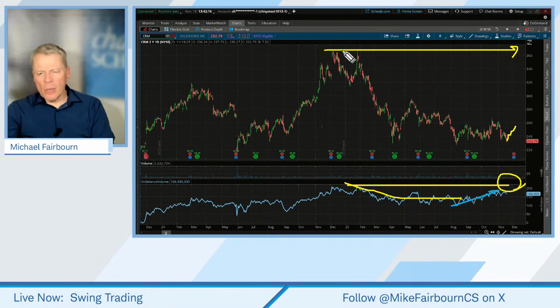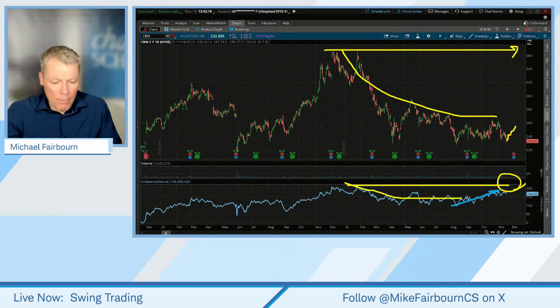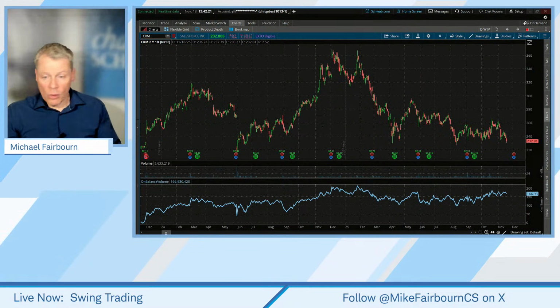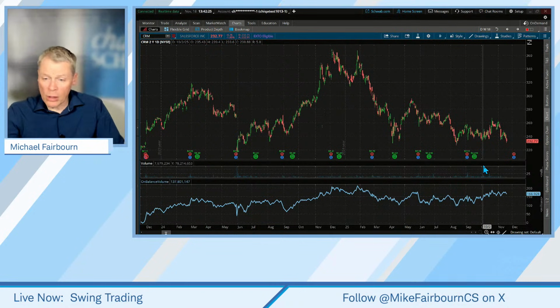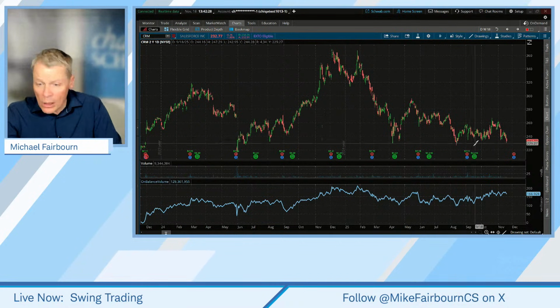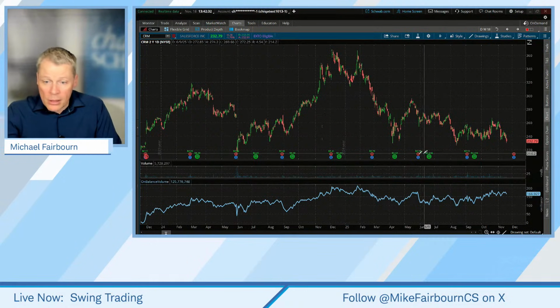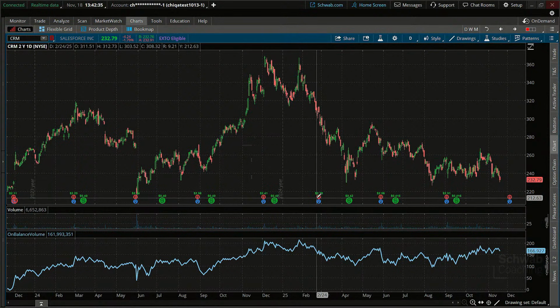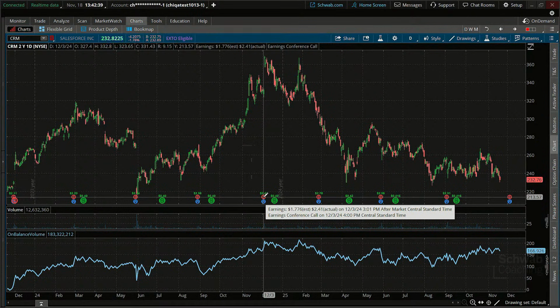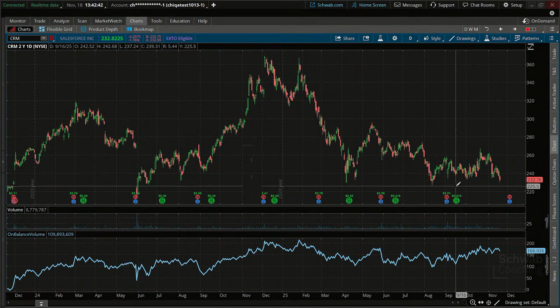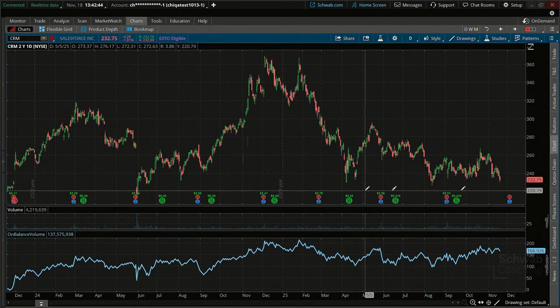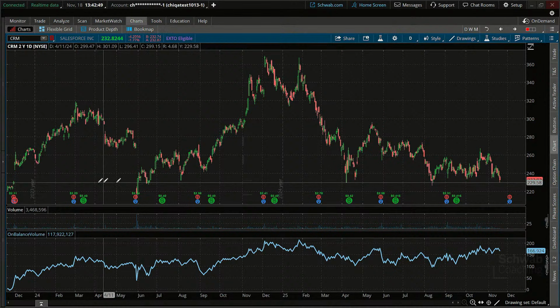In other words, there's been accumulation. People are buying because, according to the indicator, they think there's something brewing behind the scenes, but price has just been in a downward decline. These are tough to get out of, but it's been going flat. Look at this. Beat earnings. I went back and looked. Beat earnings, beat earnings, beat earnings, beat earnings. There's the last year. It's beat earnings every time, according to what we're seeing here, and I think they've guided higher. So it's interesting. Will that support level hold up?